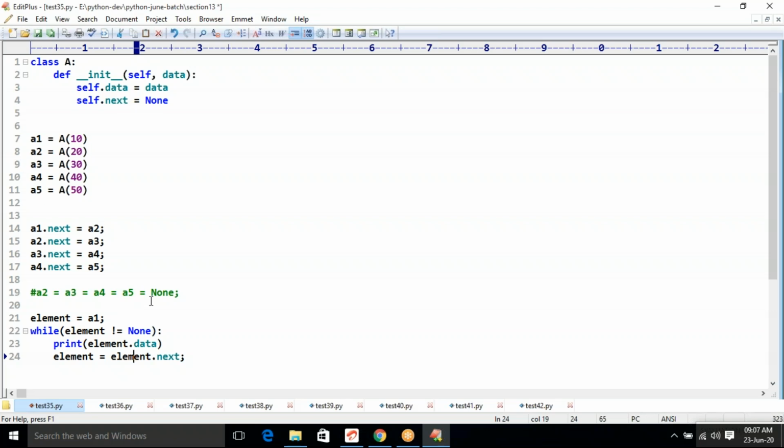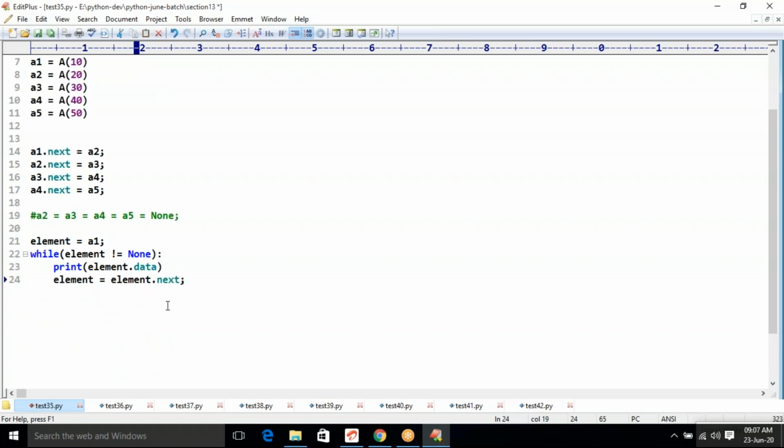This type of development is treated as a data structure. Data is stored in a structured manner by making use of 5 objects. First object refers to second object, referring to third, fourth, and fifth object. Fifth object next is None.